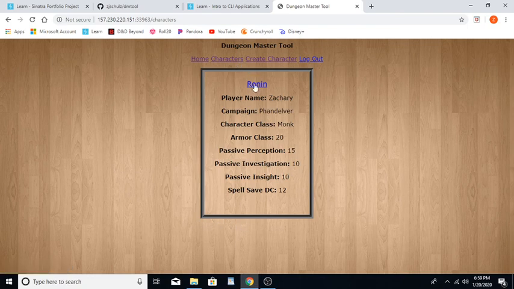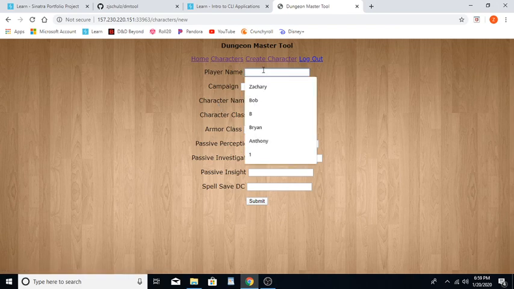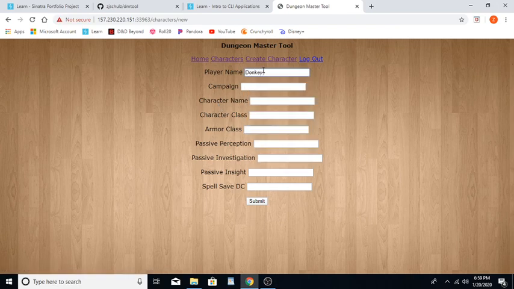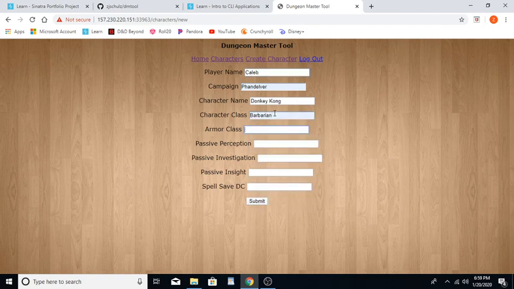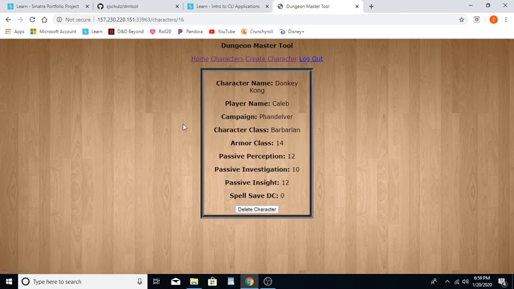Let's create a character, shall we? So, I'll put in a character name. Since I'm eating a banana, let's go with Donkey Kong. Campaign. Let's keep the campaigns similar. This is silly, but it makes sense. Let's say player name is, let's go with Caleb, my son. His class, Donkey Kong, is a barbarian, for sure. His armor class, 14. That's perception. Let's say he rolled okay, so investigation is definitely going to be low. That's based off of intelligence, and spell save DC 0 because he's a barbarian. He does not have any spells. Let's submit this, and it brings me to